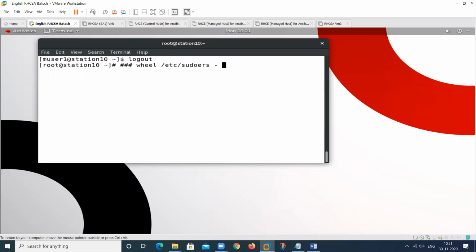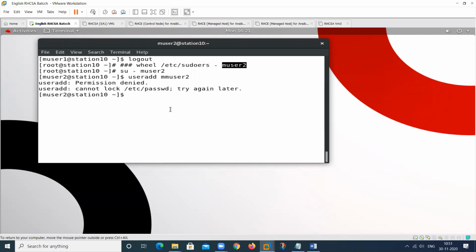The username is muser2, this one. See here, when we use su hyphen, this one, then check, we use useradd user2.